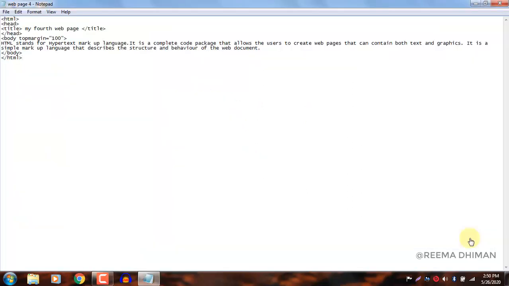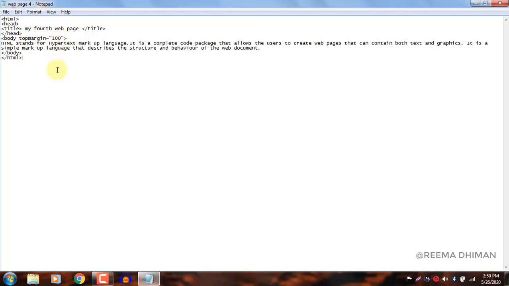For learning the top margin attribute, consider this code. Here you can see I have written top margin within the body tag and given a value. For setting the top margin, you write the attribute name top margin, and then give the value in pixels. Clear?